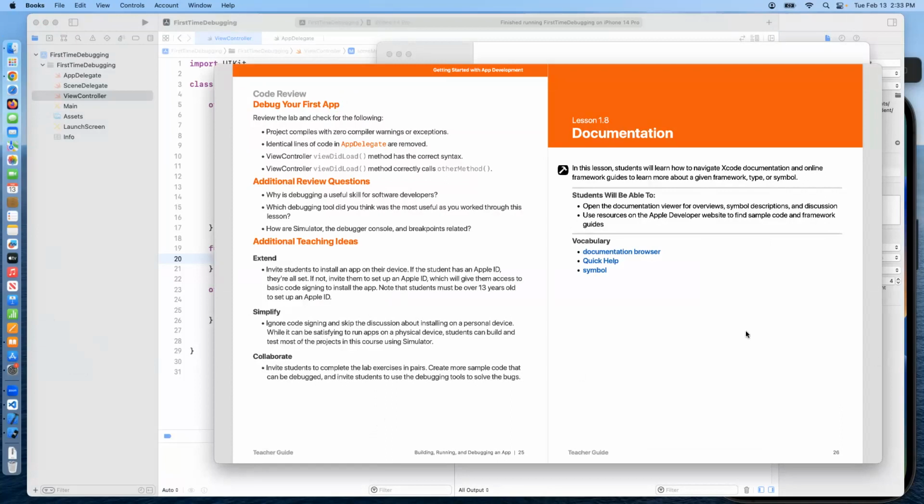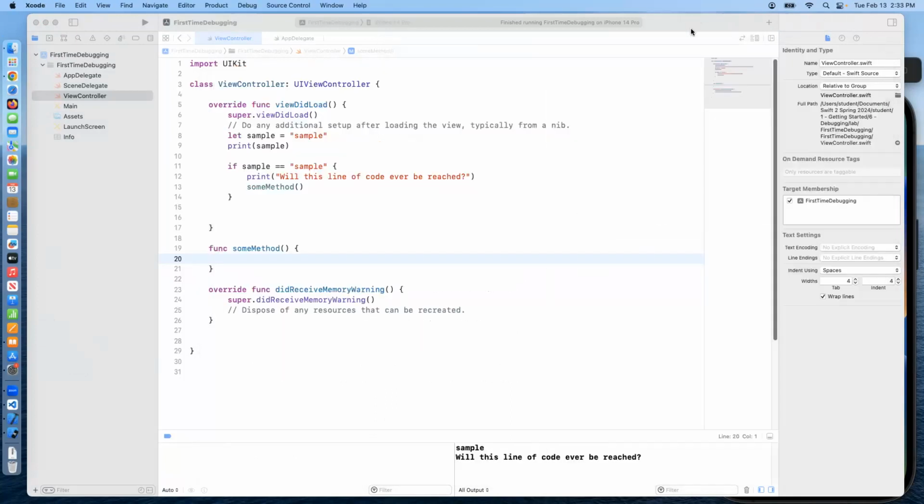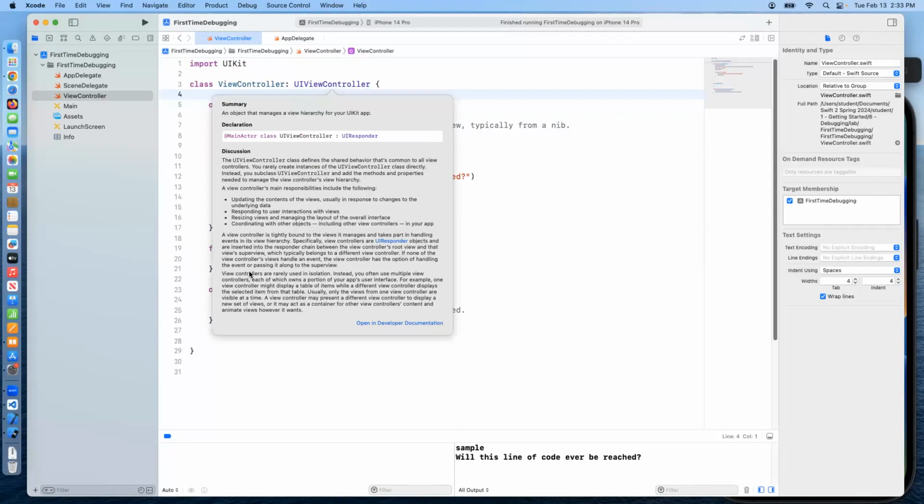The other thing that they do want to point out is the fact that when you're working in Xcode, if you want to get documentation about something, right? So like if I come to, let's say, view did load and I want to learn something about it, I want you to remember that we have this option key, and you see like when I press my option key and I'm over the code, it changes to a crosshair. But if I'm over something like a keyword, like the UI view controller, see how it changes to a question mark. And then in that mode, you can option click and it pulls in the definition from the Swift developer documentation that talks all about this tool, probably in more detail than you ever want to know, right? And in many cases, it's completely irrelevant to what you're doing. But in other cases,